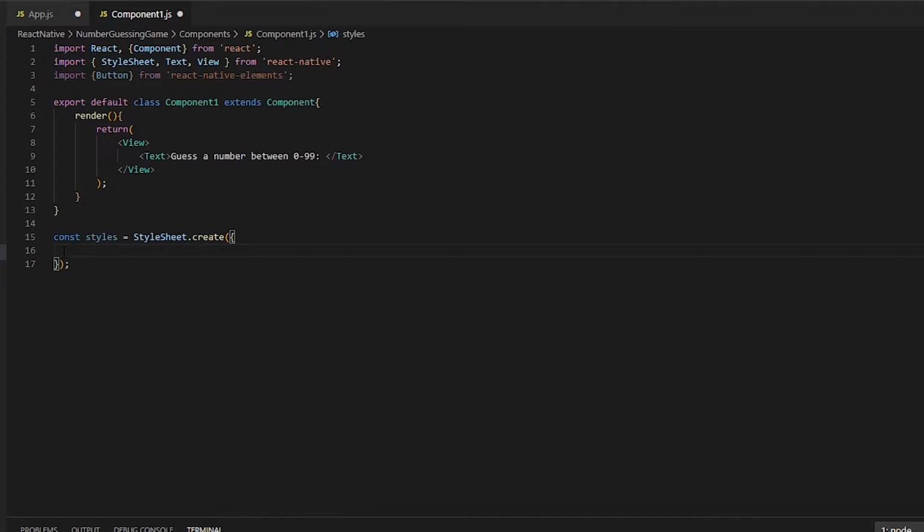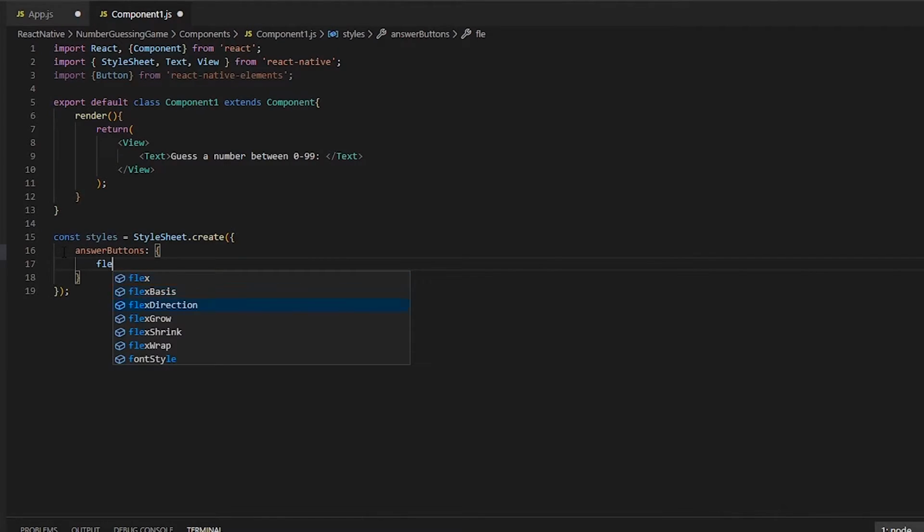So inside we're going to put in answer buttons. We're going to make 4 total buttons. Our 4 buttons are going to be yes, no it's smaller, no it's bigger, and refresh. And so for the 2 no's, we want to put them on the same horizontal line. We want to align them horizontally. And so to do that, we need to type in flexDirection